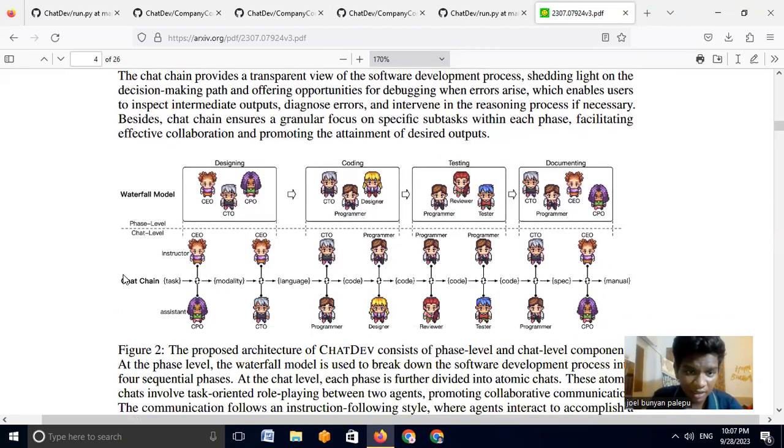So therefore, as you can see here in the chat chain, first of all, we are going to have the discussion between instructor and assistant, right? So here the instructor is the CEO and the assistant is the CPO. We're going to have some type of conversation between the two. And after this task is complete, so this is called a chat, in which there will be essentially a cycle in which the instructor instructs, the doer or the employee does something, and the